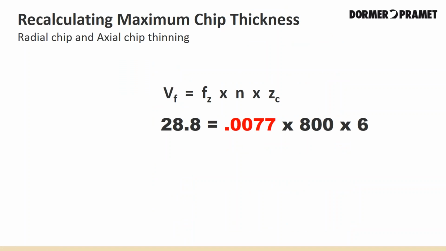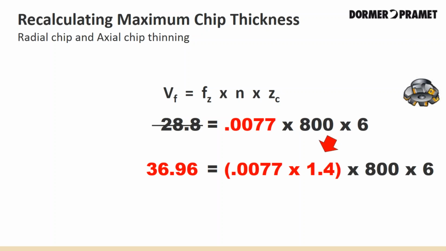So now we can review the formula using both radial and axial chip compensation. Our factor for a 45-degree cutter, as we just saw on the previous page, the constant was 1.4. We start out with a table feed of 28.8 inches per minute. Then by using our radial immersion calculation, we were able to increase our inches per minute up to 36.96 inches per minute. We recalculate using 0.0077 by our 45-degree constant of 1.4,